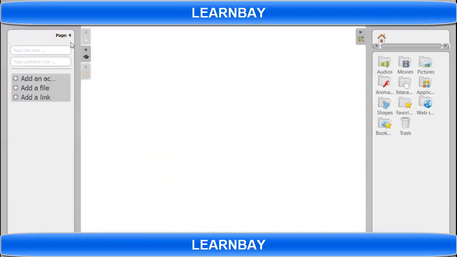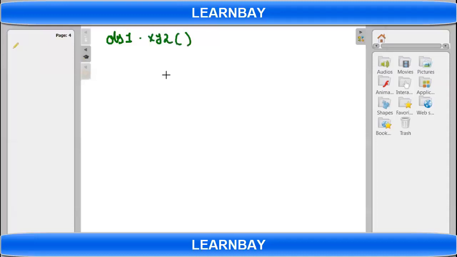So whenever there is a function call, so let's say obj1.xyz. So it's a function call. Whenever there is a function call, a stack of that function will get created in the memory, meaning RAM. Okay. So let's say this is my RAM. So for this function xyz, one stack will get created.